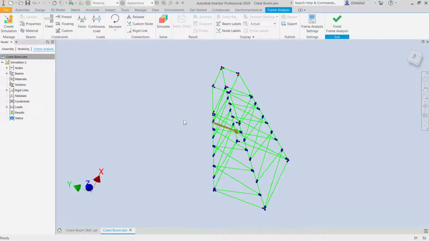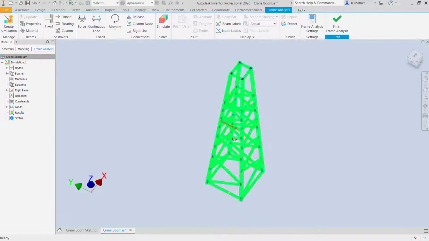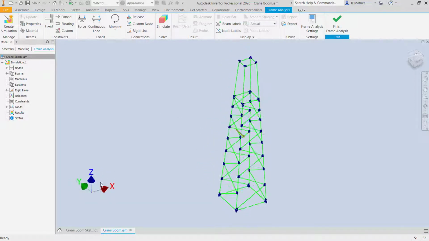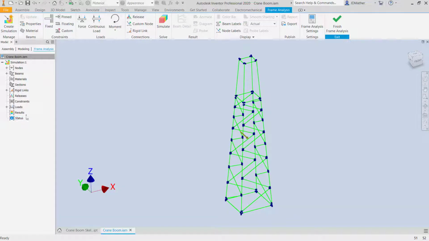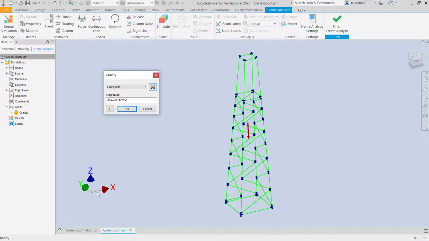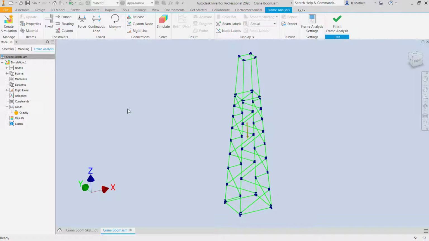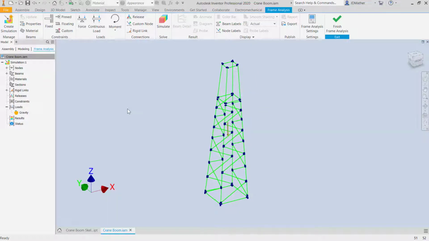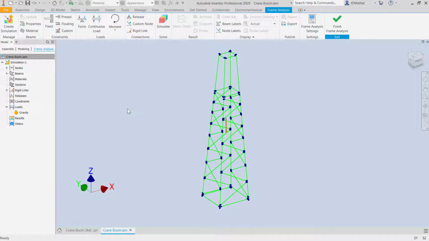I want to change gravity on this particular example so that gravity is going along the z-axis, so I'm going to go to the loads, and I'll right click on gravity and do edit, and I want to change that to the z direction going negative z. You can flip it to positive or negative. Right, so now I have gravity pointing down,